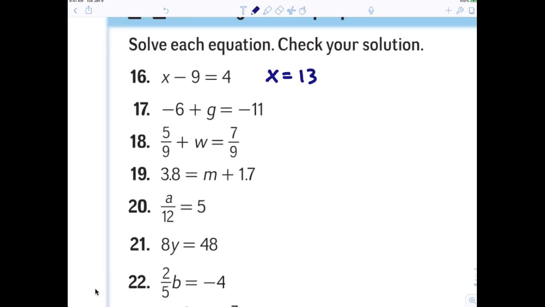Now, number 17, are we getting rid of addition or are we getting rid of subtraction? Subtraction. Because this right here is a what? Minus 6. So how do I get rid of minus 6? Add 6. So my answer is x equals